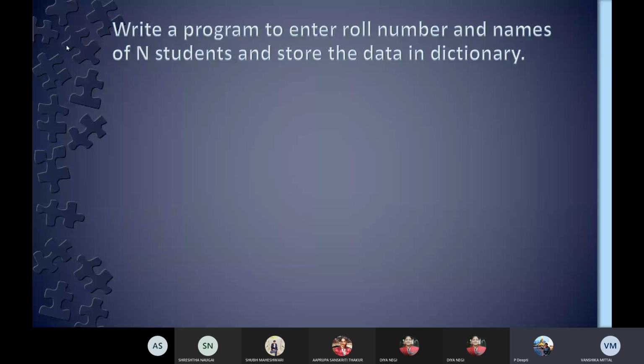If nobody is willing to talk, then I'll have to take names. Because already she has asked one question and nobody was talking. If there is no interaction, then remember you will not be allowed to even give your presentation. Aprupa? Start answering.